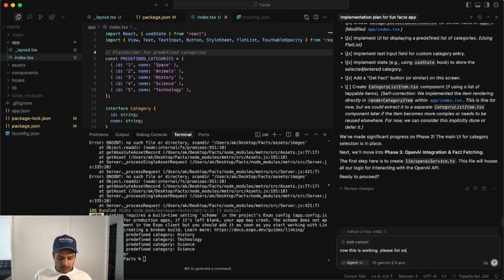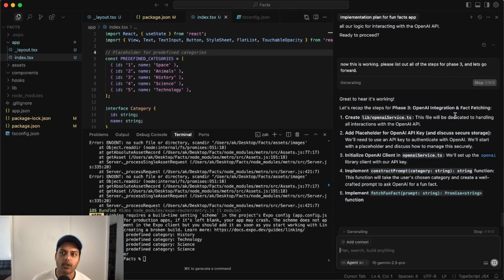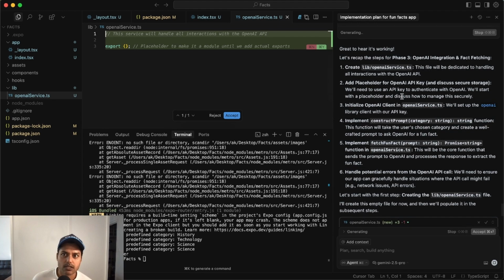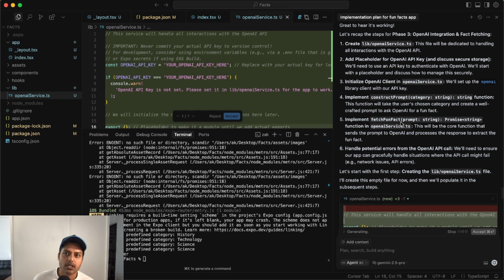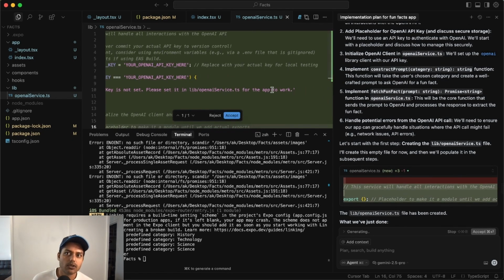Please list out all of the steps for phase 3 and let's go forward. Okay, create lib/OpenAIService.ts. Yes. So it's gone ahead and created that. Add a placeholder for the OpenAI API key. Initialize OpenAI client. Implement construct prompt. Implement fetch fun fact. Handle potential errors. Okay, cool. So this is